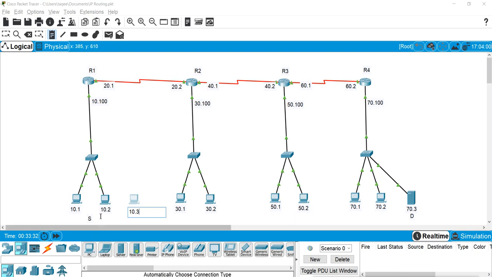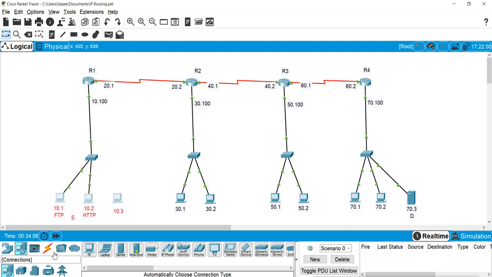And on these two machines, in this machine I will allow only FTP to work, and on this machine I will allow only HTTP to work. And these two machines will be our source. So let's connect this machine also.